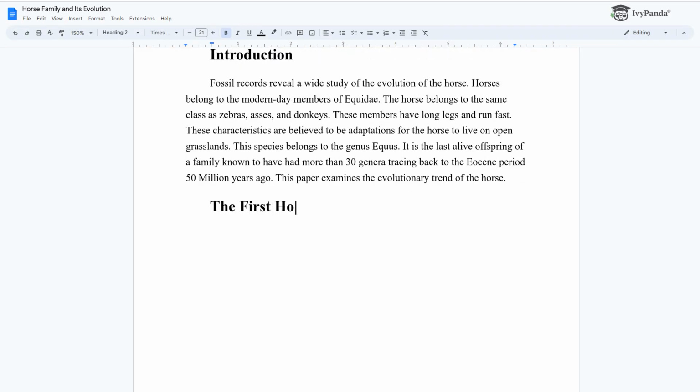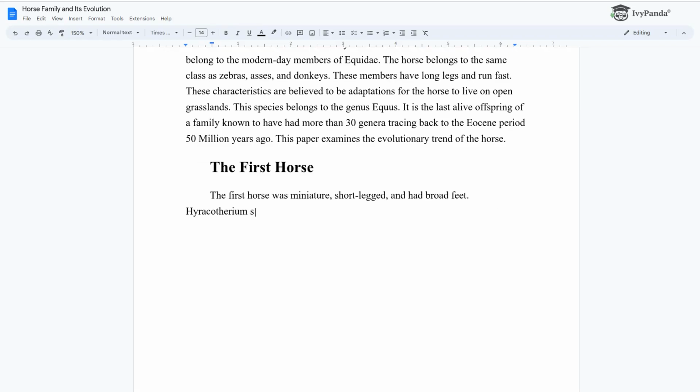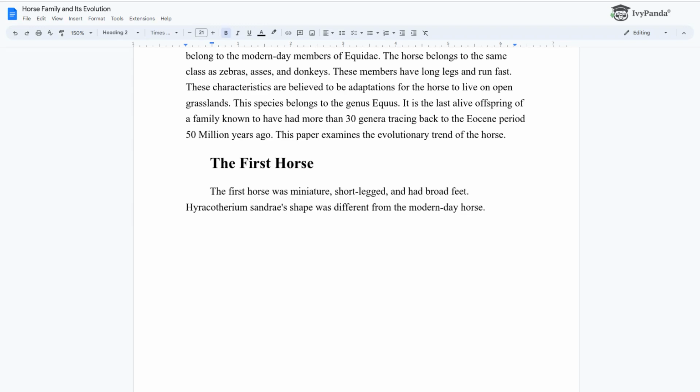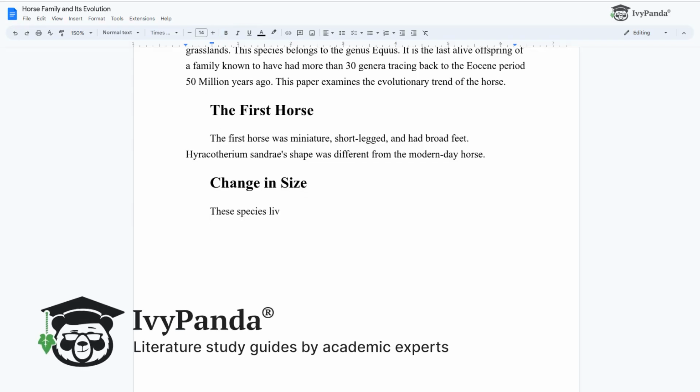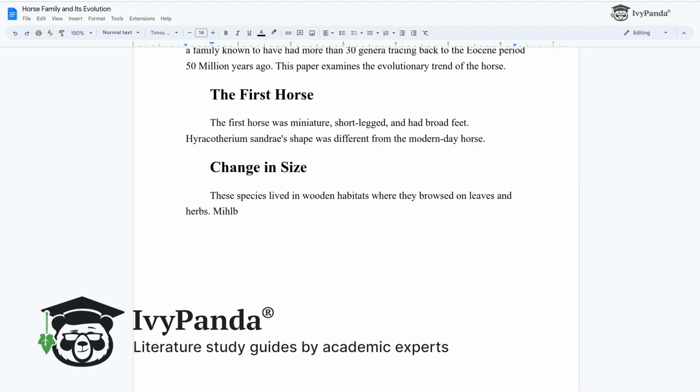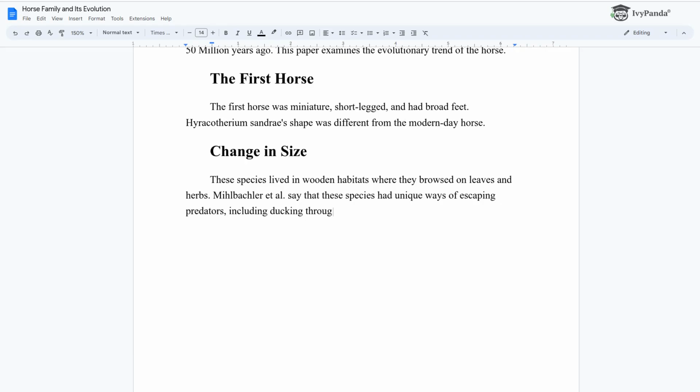The first horse. The first horse was miniature, short-legged, and had broad feet. Hyracotherium sandrae's shape was different from the modern-day horse. Change in size. These species lived in wooded habitats where they browsed on leaves and herbs. Milbachler et al. say that these species had unique ways of escaping predators, including ducking through openings in the forests